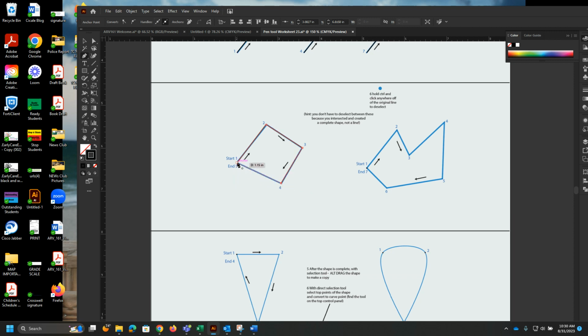And then what it's telling me for 5 is to go back to the original anchor point and click on it. And what it does is it allows my pen tool to connect it as one piece and create a shape so that now I can move on without having to keep it going. Okay, so now see how it doesn't create a new thing, it's creating separate shapes. Okay,